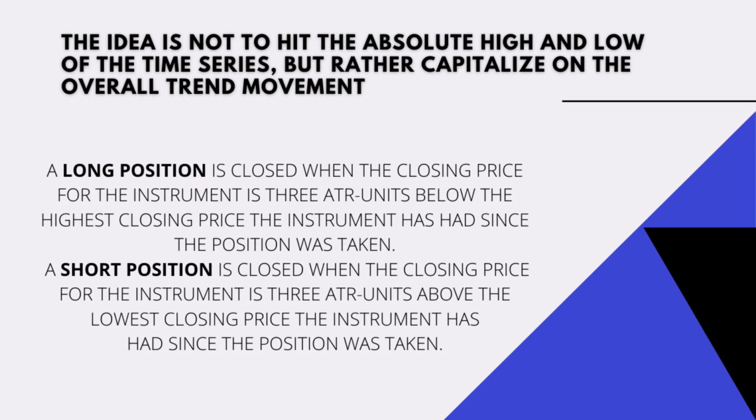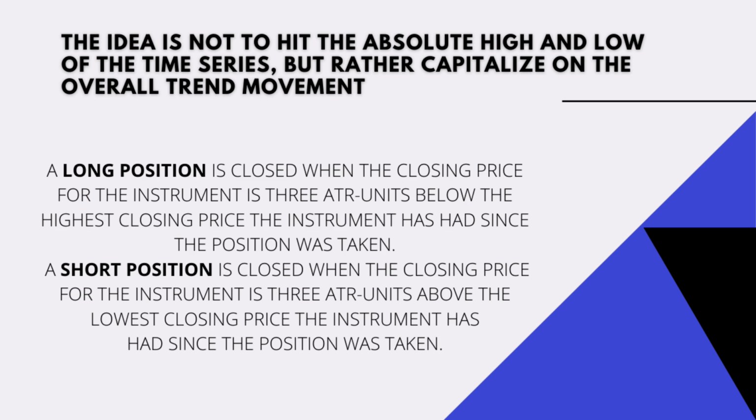A long position is closed when the closing price for the instrument is 3 ATR units below the highest closing price the instrument has had since the position was taken. So for example, if you are trading the S&P 500 and the ATR reading of the last 14 days is 20 points, that means that your 3 times ATR is 60 points, and that's how much you will be trailing your stop behind